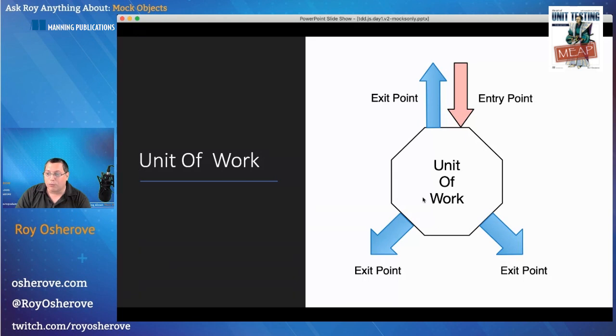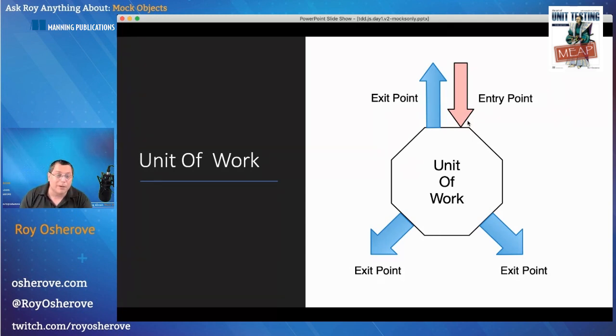A unit of work represents whatever happens from the entry point, which is basically a function that we invoke somewhere, because we are programming, right? So once we invoke a function, we should be able to trigger, and this function, by the way, is public. It's something that is publicly visible. It's not a private function. Once we trigger that function, we trigger it because something needs to happen. So we're expecting a behavior, and that behavior is something that is publicly noticeable.